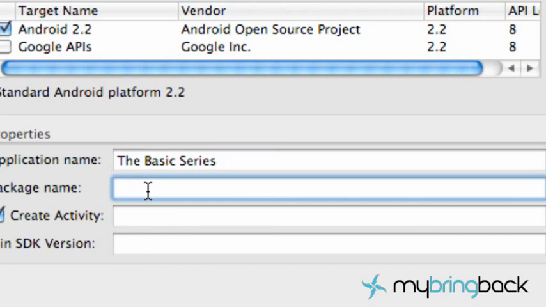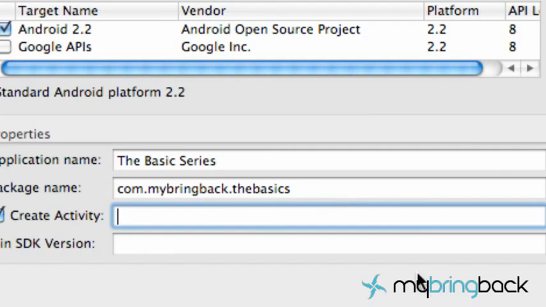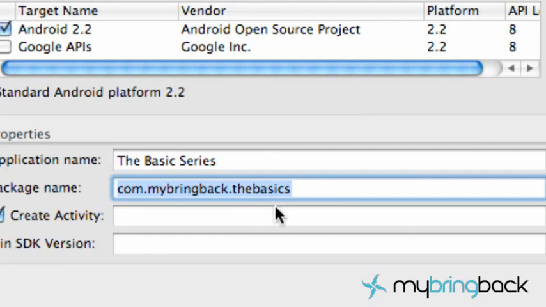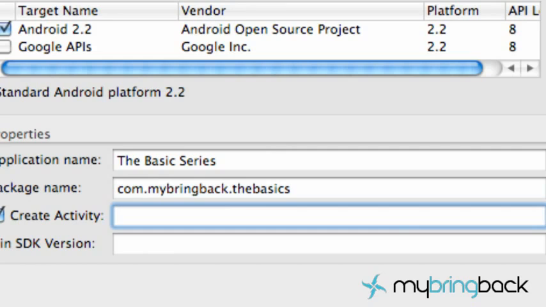And the package name, you want this to be unique, because when you register your app for the marketplace, this needs to be unique. This is what is going to register your app with the marketplace. A lot of people just use their website backwards, or whatever you want to do. Just put com.yourname.thebasics, and hopefully that's not on the marketplace already. You do want that to be unique. You can change it later, but it's going to be a huge hassle, so you want to make sure